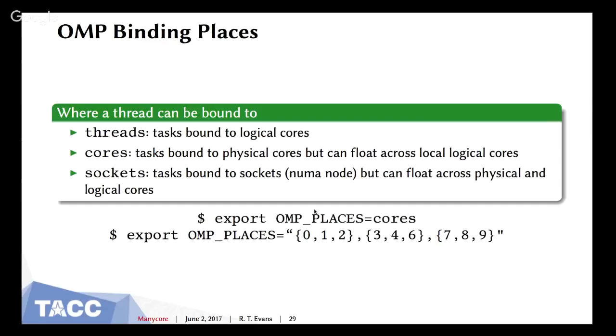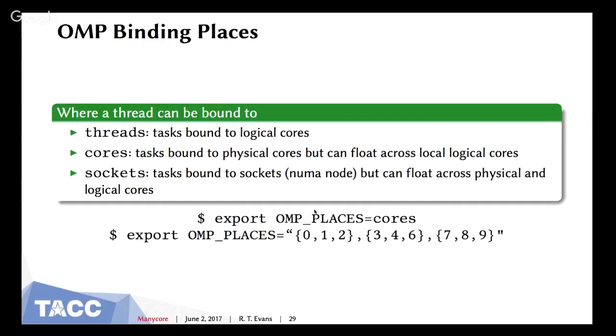So, threads, cores, sockets. And here, what we mean by threads are the logical cores. So on the KNL, there's 288 logical cores. So 288 places a thread can go. When I say core, I always mean a physical core. If I don't put the word logical in front of it, I mean the physical core on the chip. Socket, I guess we'll talk a little bit about sockets, but on the KNL architecture, there's one socket. Although there are multiple NUMA nodes, which will come into play when we talk about memory affinity,